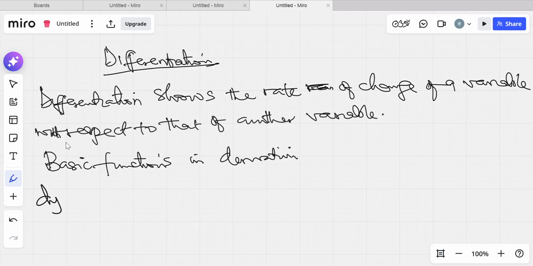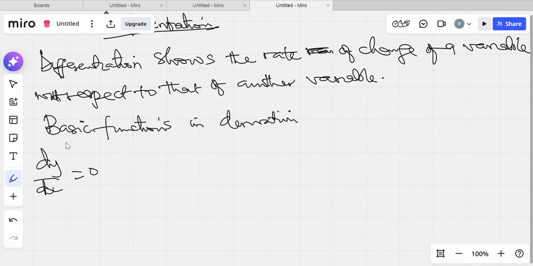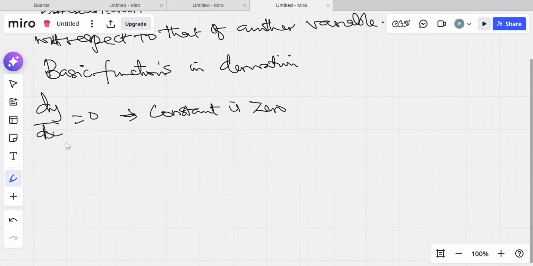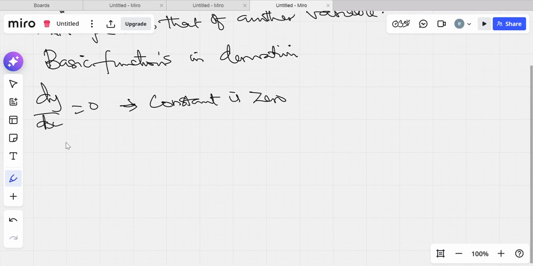When we say that dy over dx is equal to 0, it simply means that the derivative of a constant is 0. Constants are numbers, 1, 2, 3, and the rest, and their derivative is 0. Then when we want to take the limit of a function or an expression, limiting a function to 0,